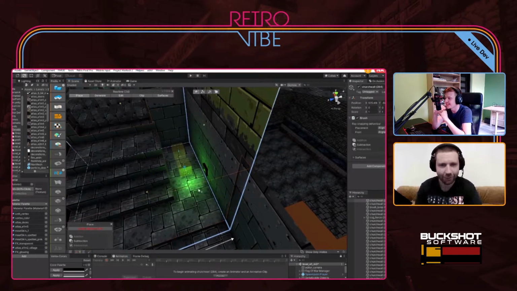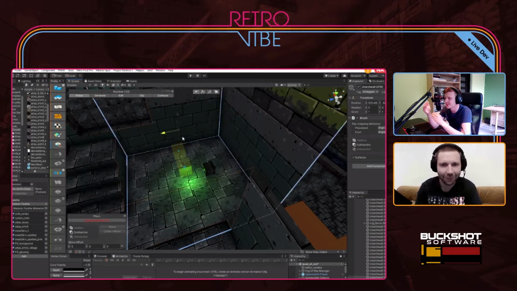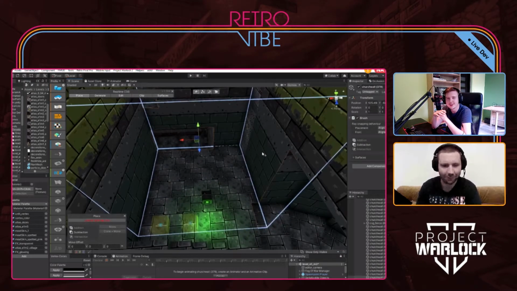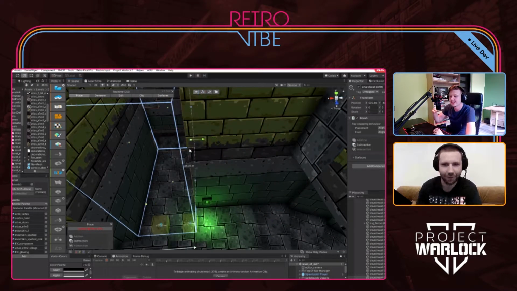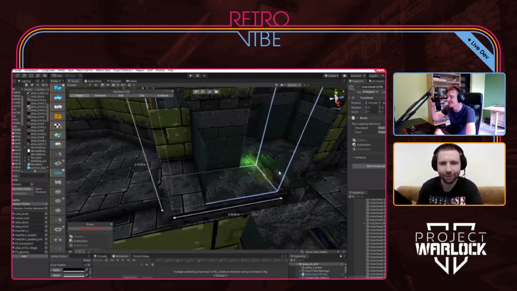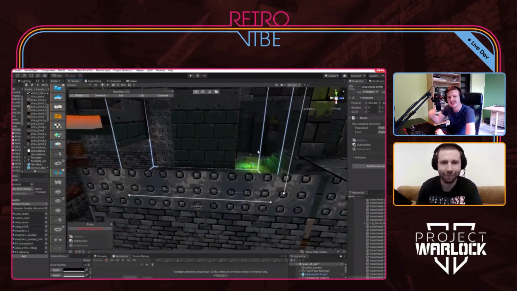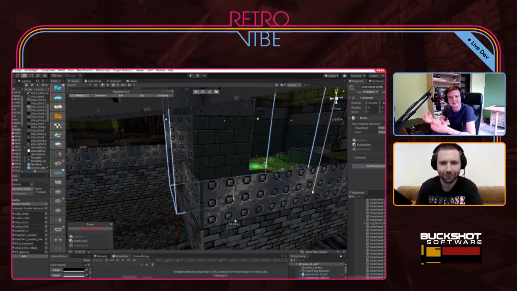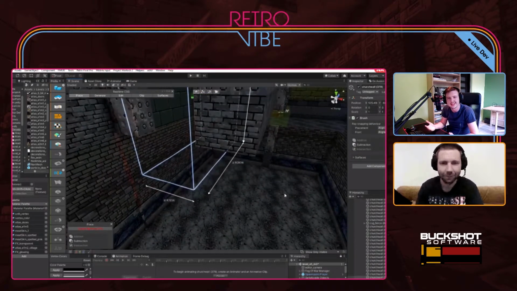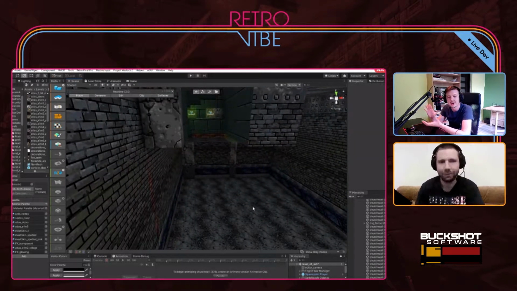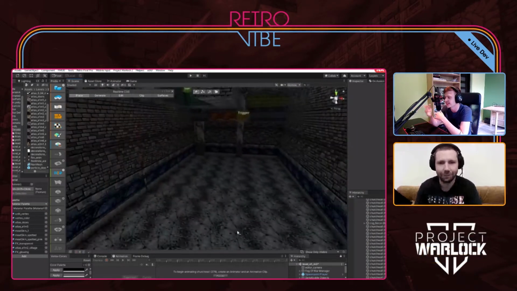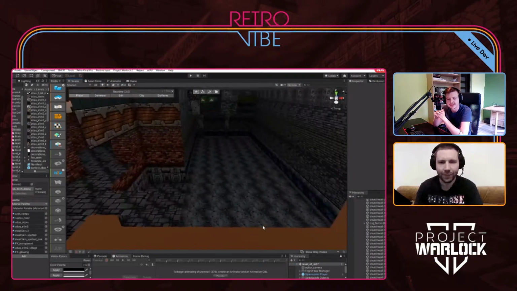And I think, David, what just happened on the screen is a very cool way of showing how CSG works, because we just accidentally removed half of the room, but then we scaled the size of the brush of this part of the new room, and suddenly we have all the staircases and everything back in its place. So you can actually cover one room with the other and create new rooms, and that's the best thing about it.